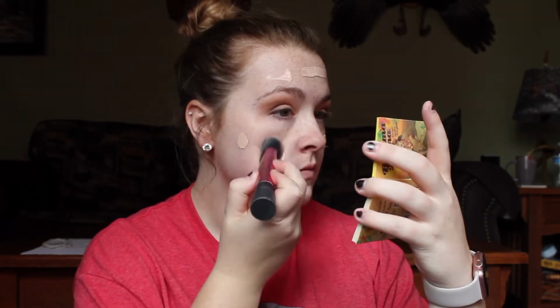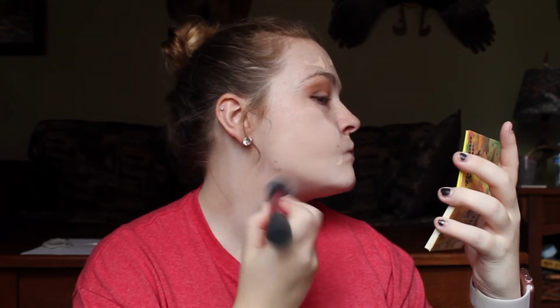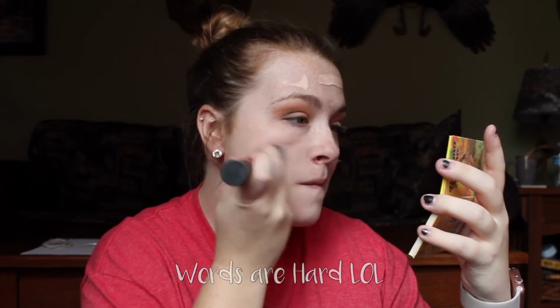For foundation, I'm going with the L'Oreal Infallible Pro Matte in the shade 101, and again, I'm just dotting that all over my face. This has a really great coverage. Depending on how much you put on will depend on the coverage. And then I'm just going to work that into my skin using a Real Techniques contouring brush. I like this brush because all the bristles are compact and tight, so any brush that has compact bristles